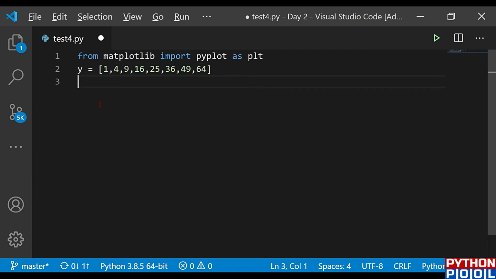Now my first x-axis for the first graph, I'm going to name it as x1, and it is 1, 16, 30, 42, 55, 68, 77 and 88. This is my first x-axis of the first graph.